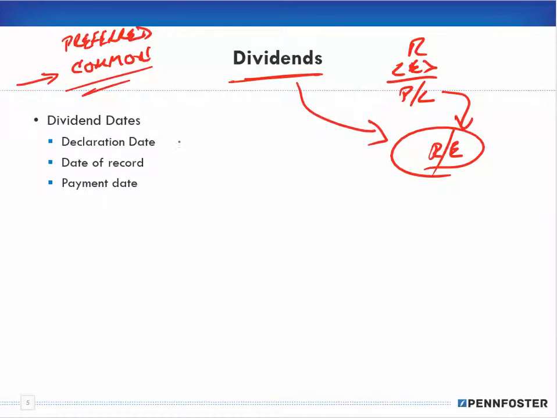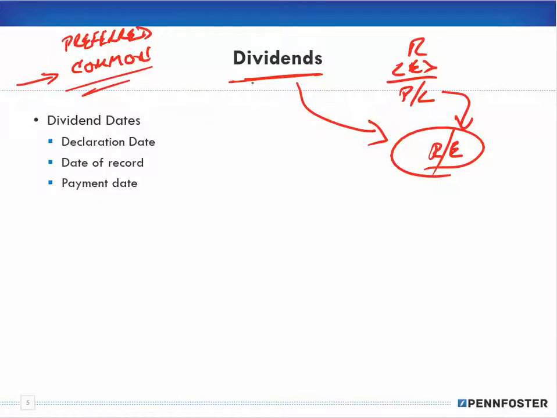Before I go any further, it doesn't necessarily mean that the company has to have a profit for them to pay out a dividend. Some companies pay dividends regardless of profit or loss. They know they're going to be profitable over a long period of time, and they pay that dividend regularly. That's why big, quote unquote, blue chip companies pay dividends regularly, and people invest in those blue chip companies. That's where they park their cash to get a return on their investment in the form of a dividend.